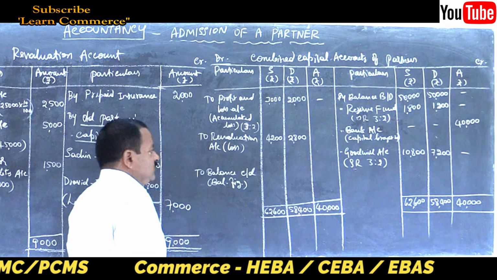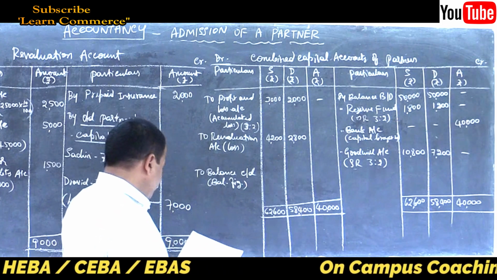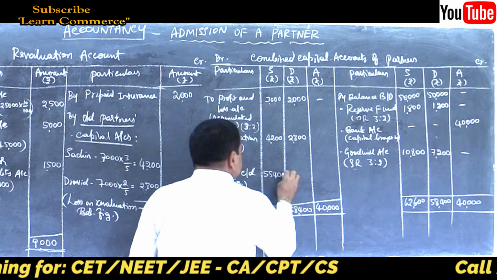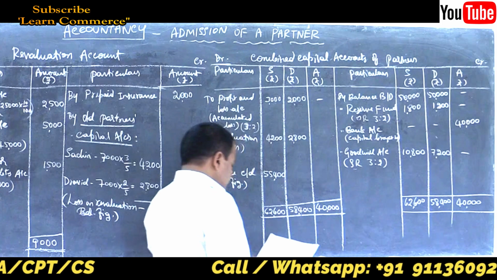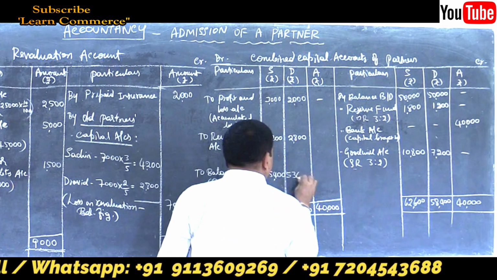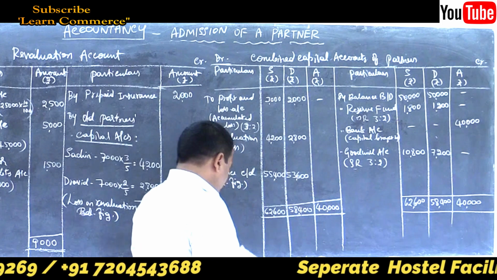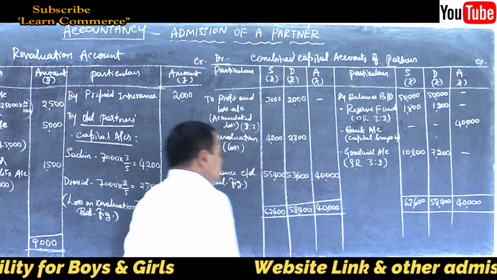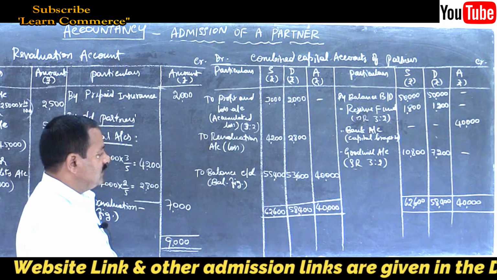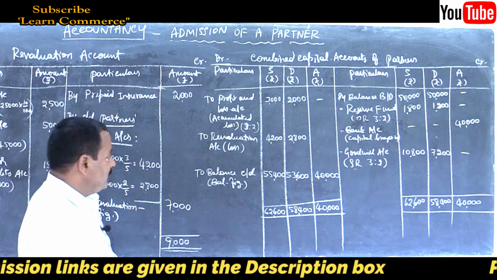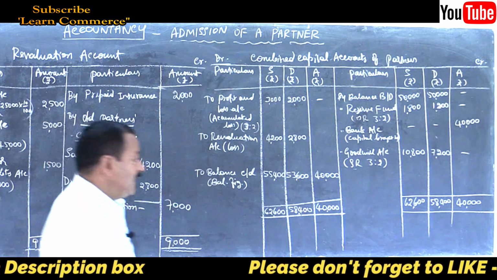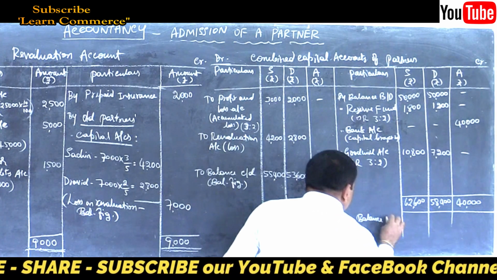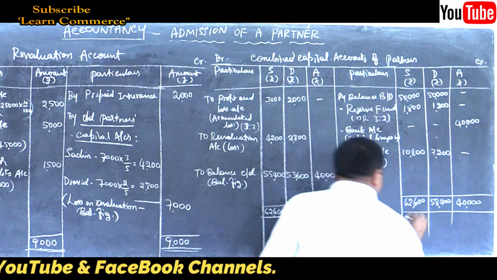Yes, write the amount. 55,400 is the difference. Then 53,600 and 40,000. That is the final capital balance in the accounts of all the partners. Bring down the balance. I told you, you must bring down the balance in the examination: by balance brought down 55,400,